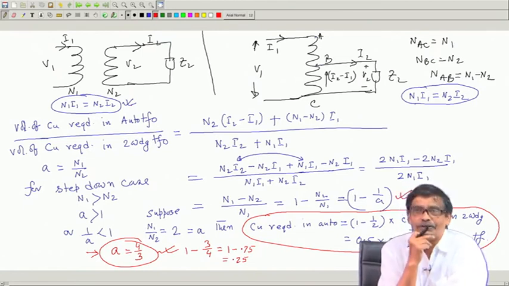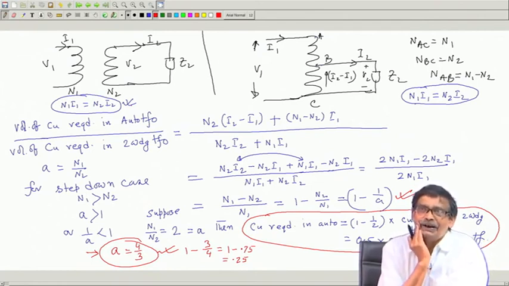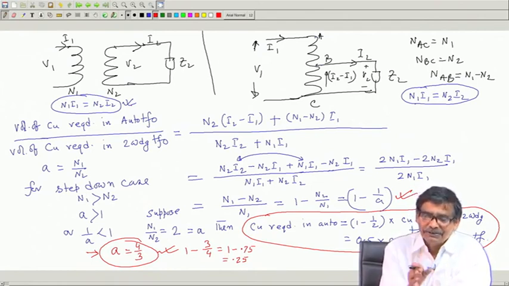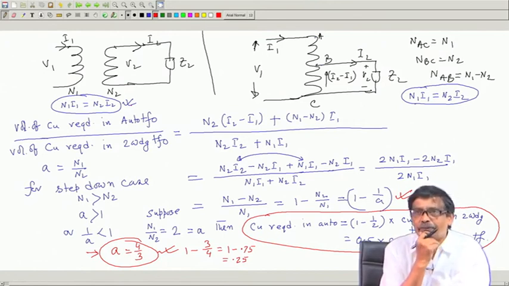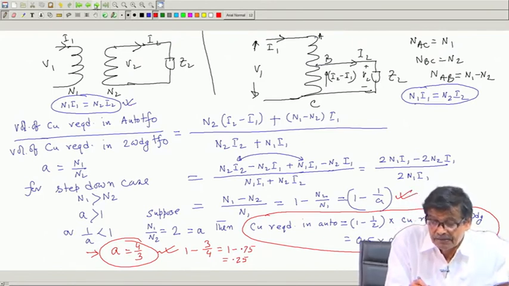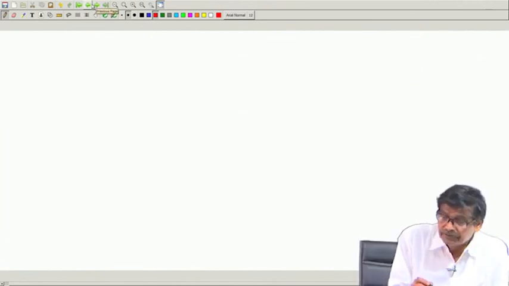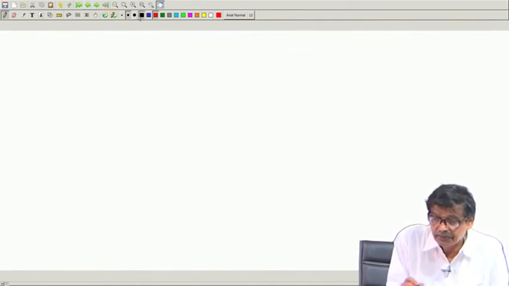But the story is not completed. If that were the case, then the two winding transformer would not have existed. No one would have used a two winding transformer, but that is not the case. There are other issues we have to consider. For example, I will tell you that suppose you have a two winding transformer,